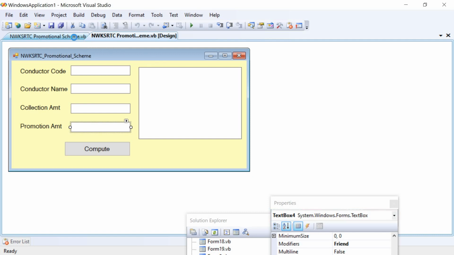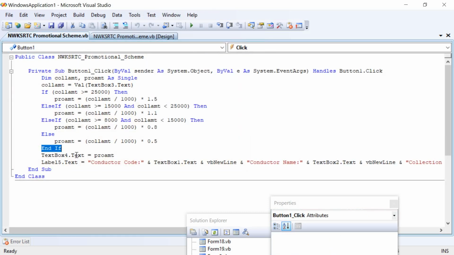Right. Let's go back. Next we have to provide complete details in Label5.Text equals, then here in double quotes we have taken conductor code. Next we have the ampersand.